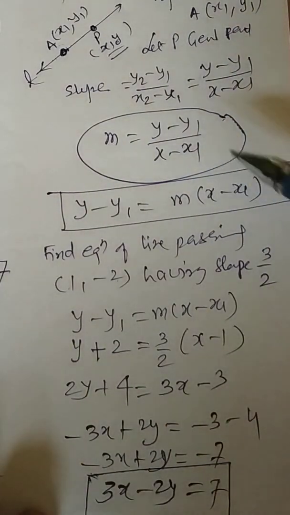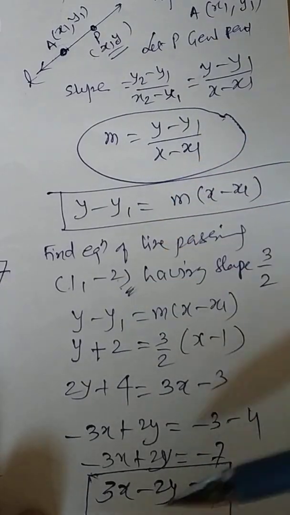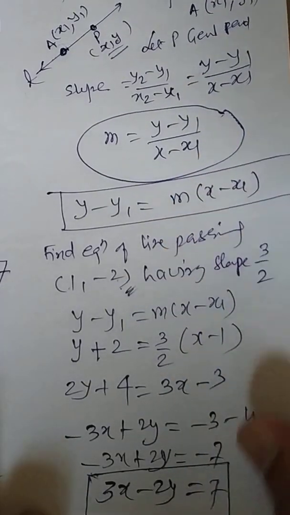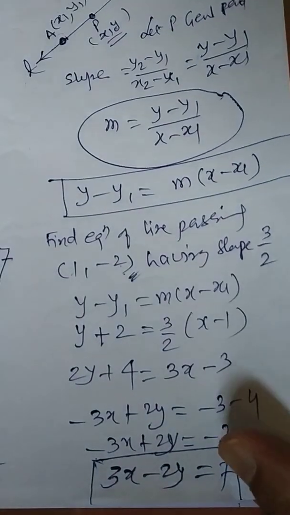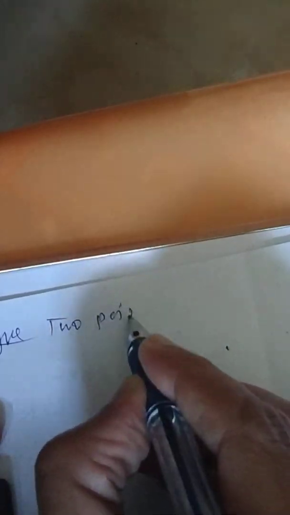So when you notice that you know the point through which the line passes and the slope, this method you can use to get the equation of the line. Now next, I am just explaining the second type, which is called the two-point form. Now the question arises, how to get the two-point form.